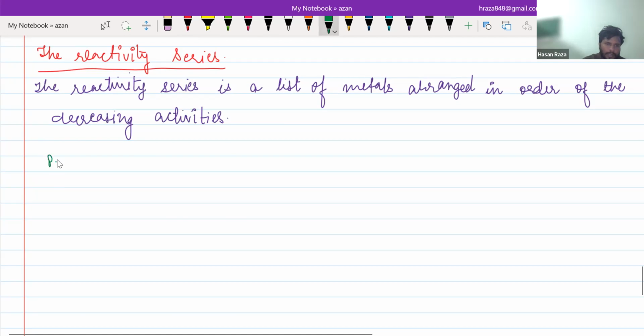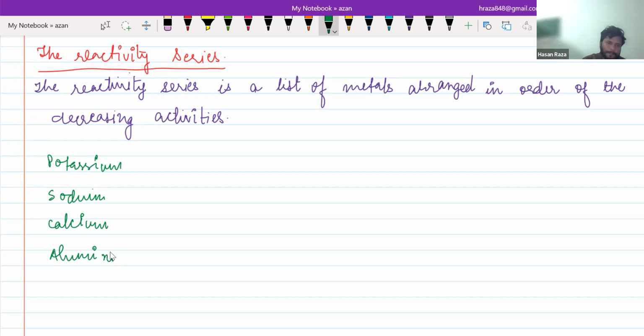First is potassium, then sodium, calcium, aluminium, magnesium. Wait a minute, I just wrote it wrong. After sodium, it's calcium, then magnesium,